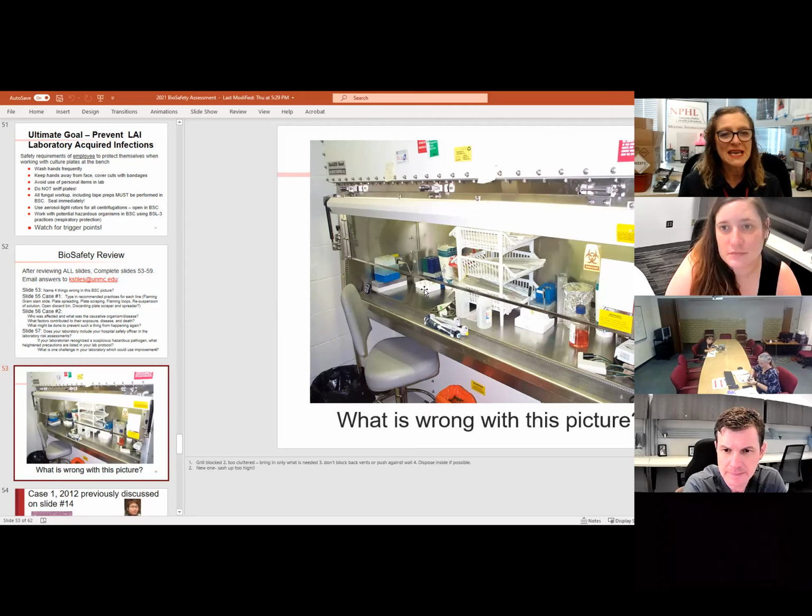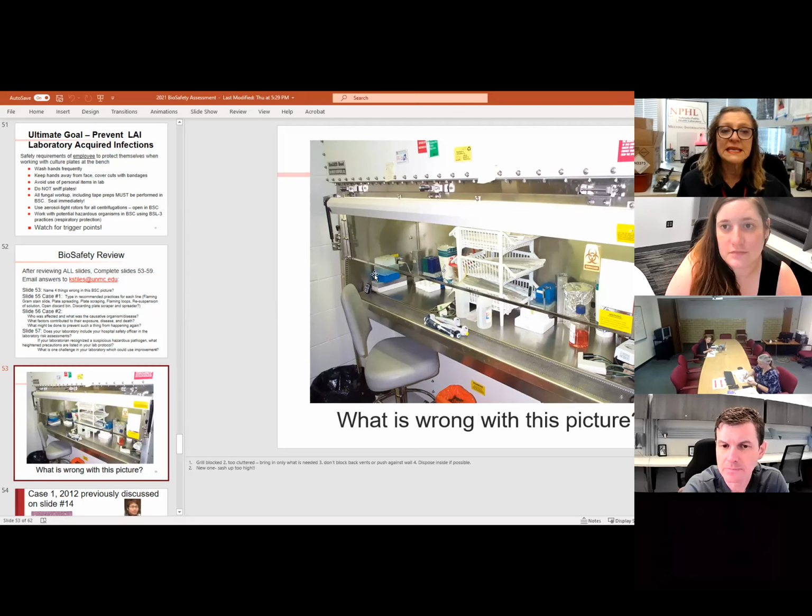And you literally want to plan ahead, decide what equipment you need, and then bring it into the biosafety cabinet. Now, granted, sometimes it's easy to forget, but it's important to be sure that it's not too cluttered,